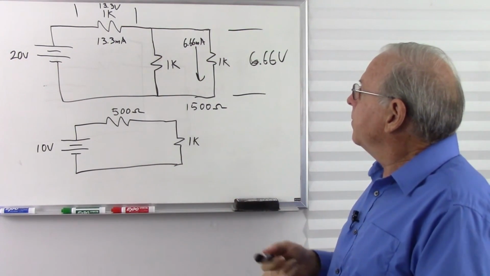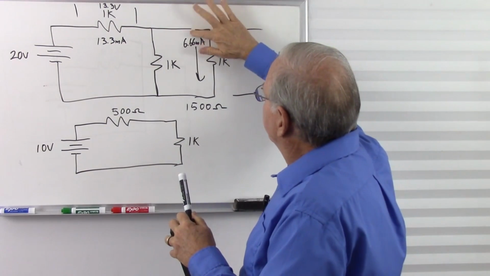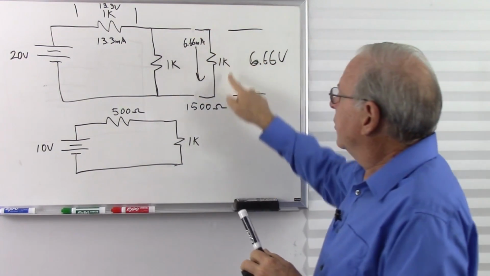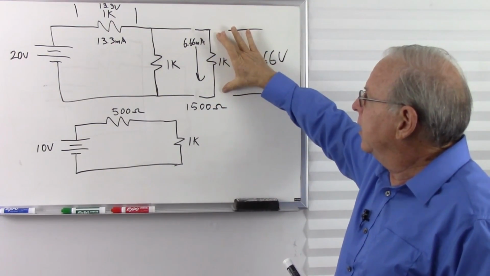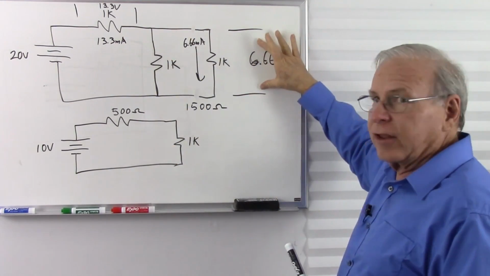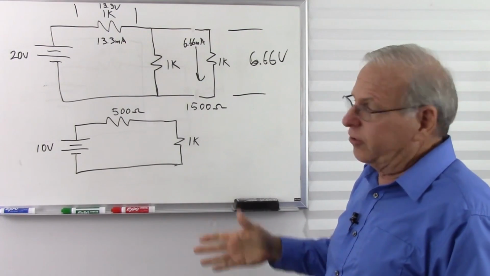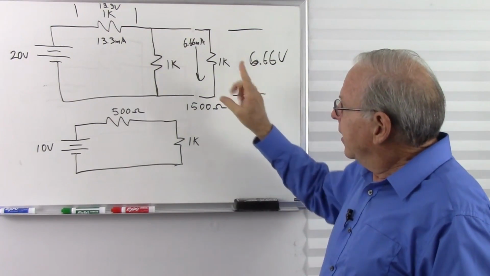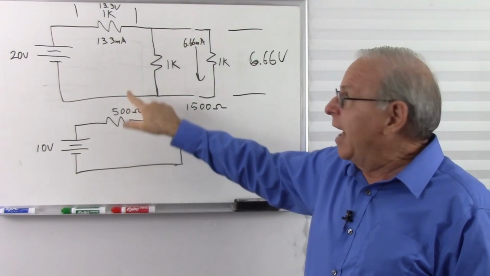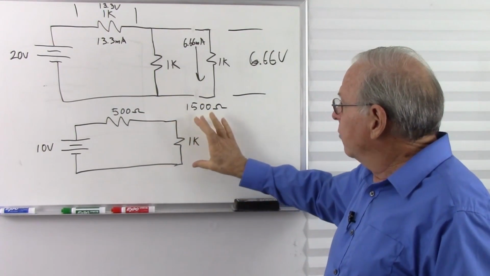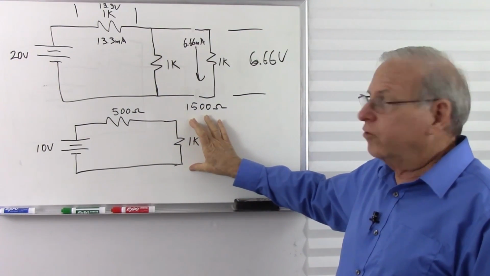Okay, so we put this load out here. Let's break this right here. Just to remind us, this is the load we're putting on the circuit. So we put a 1K load across that circuit. We got 6.66 volts across it with 6.66 milliamps. Okay, now if this circuit really does act exactly like that circuit, we should also get 6.66 volts across this